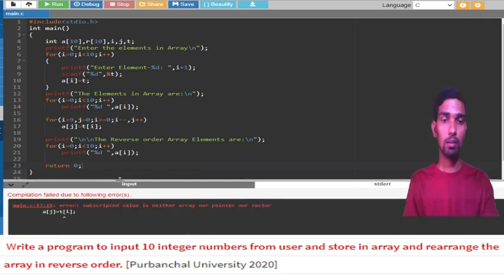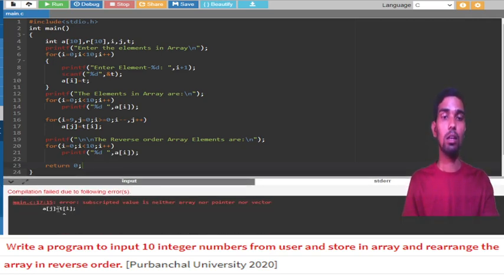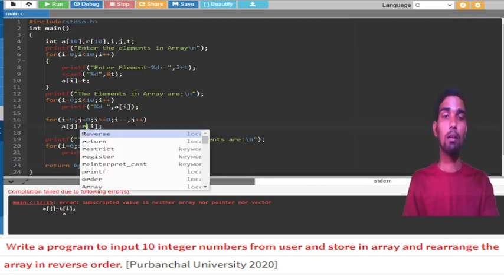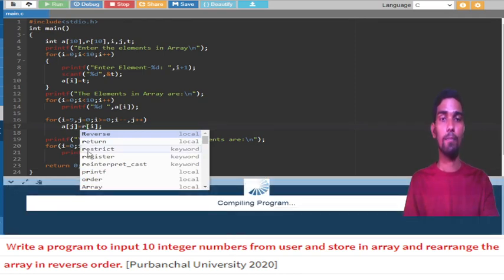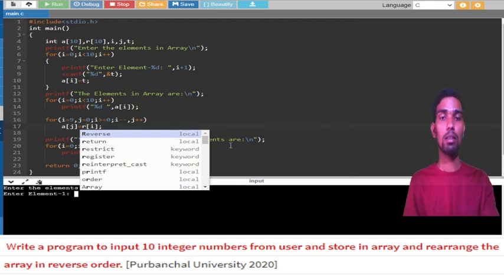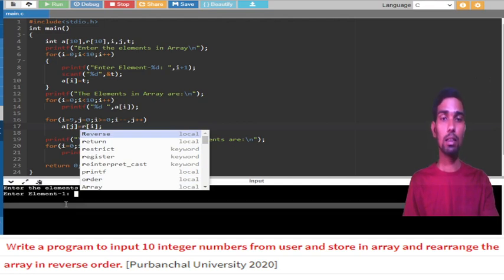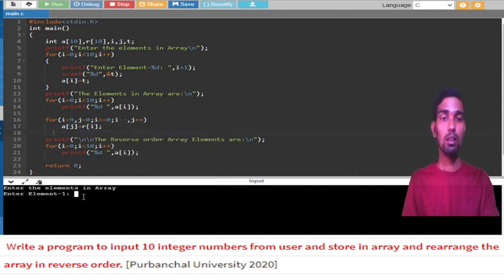So I am getting some error. Okay, a of i. Sorry, we don't have the t array, we have the r array, right? Now you can see it is asking to enter the elements in the array. So enter the first element, let me enter 11.